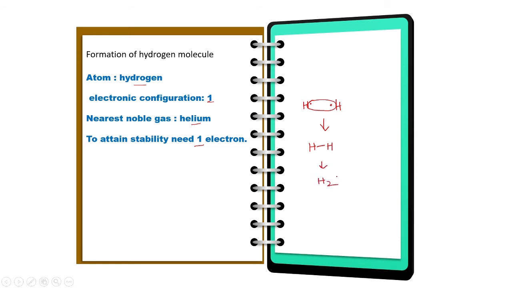So here you see each of the two H atoms contributes 1 electron so as to have one shared pair of electrons between them. Both atoms will attain duplet structure, resulting in formation of a single covalent bond. See, a single covalent bond between them. Okay? In exam you just need to show this much for the diagram, if it is asked to draw the diagram to show the formation of hydrogen molecule. Okay? Now we move to the next example.